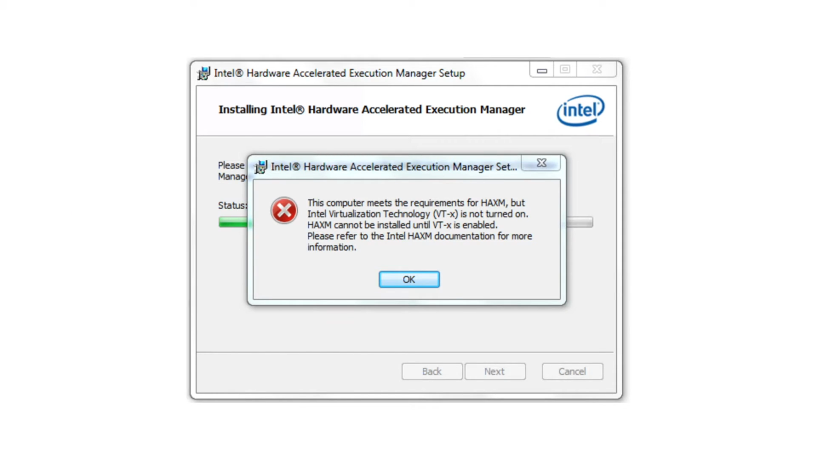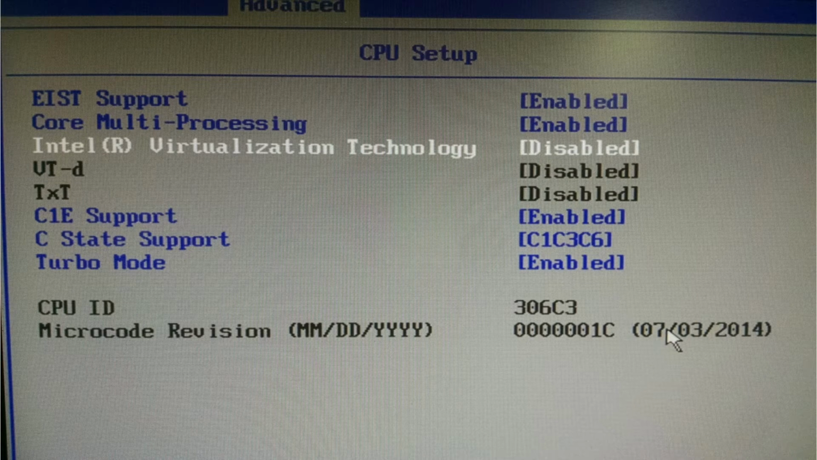In case you get this particular window where it says that this computer meets the requirement of HAXM but Virtualization Technology VT-x is not turned on, that means you have to go to the BIOS and turn it on. Restart your computer, go to the BIOS settings. The BIOS screen of different machines will be different. How to go there? You can just do a Google search for your particular machine, but somewhere you will find